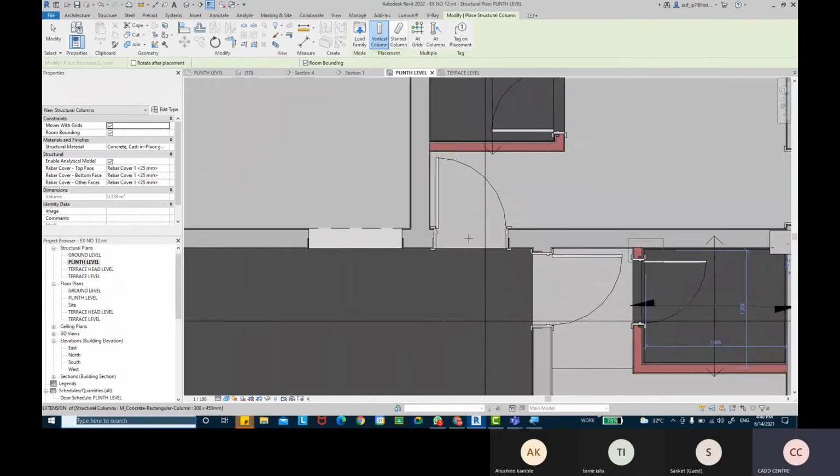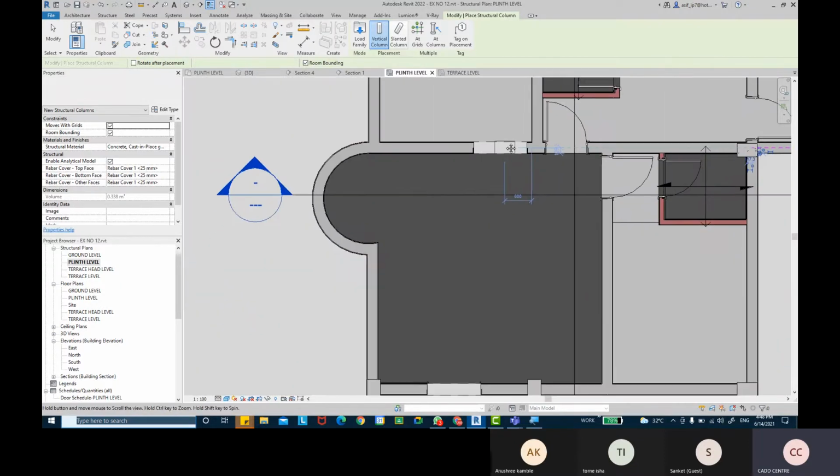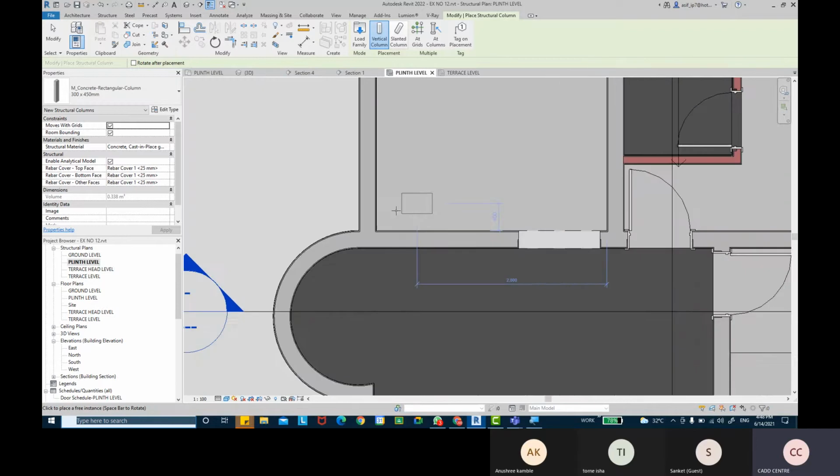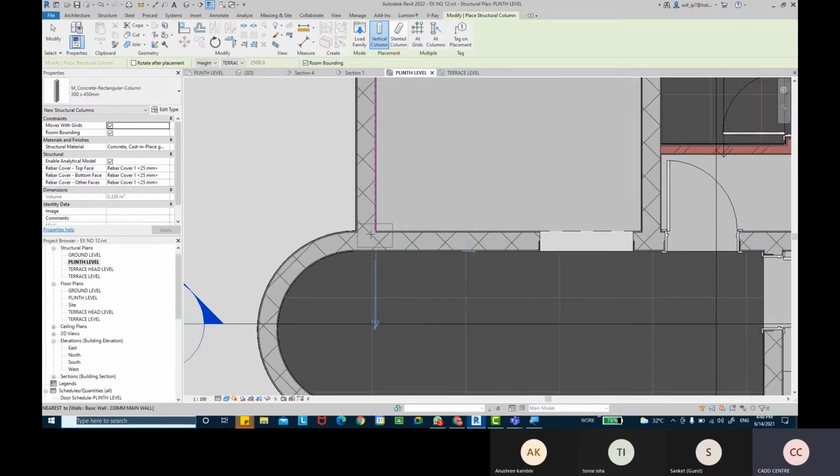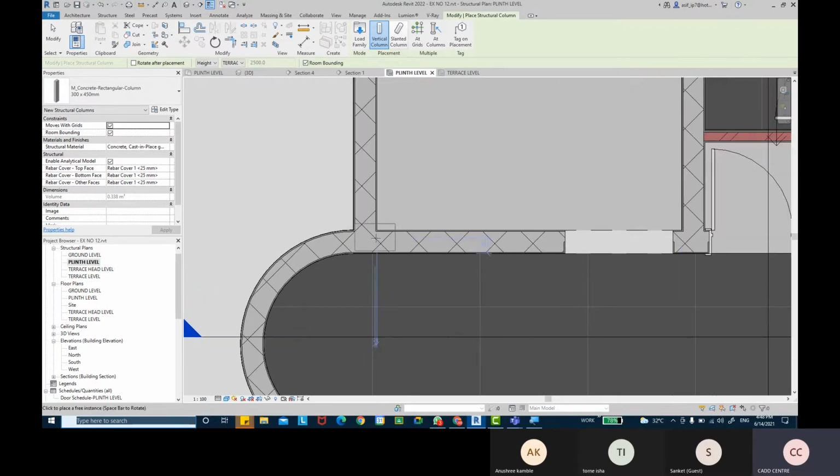Okay, now I know the alignment of the columns is not pretty straight, so we need to fix the alignment as well. I'm just placing very randomly right now.